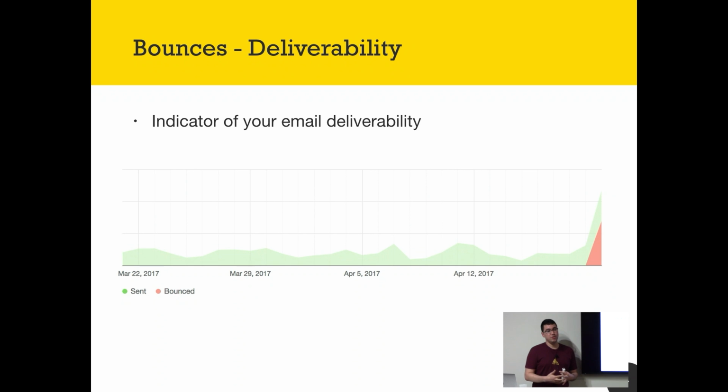Another reason that you might want bounces as webhooks is to keep track of your deliverability. This is a case of a user that I think it was a spam